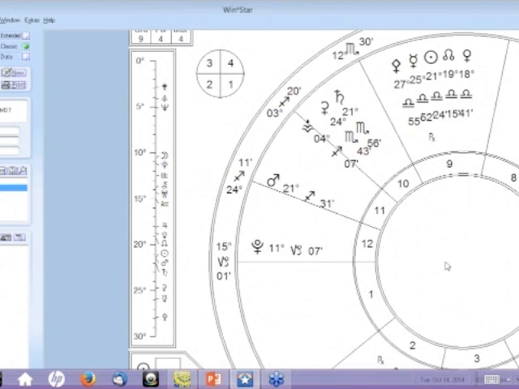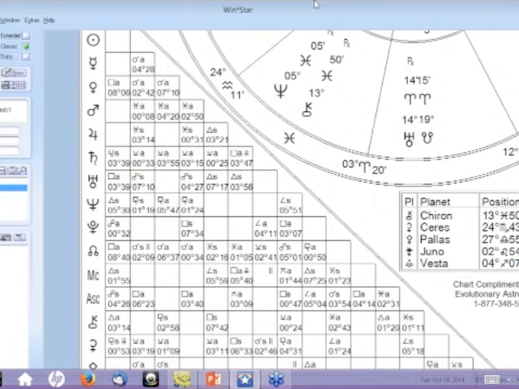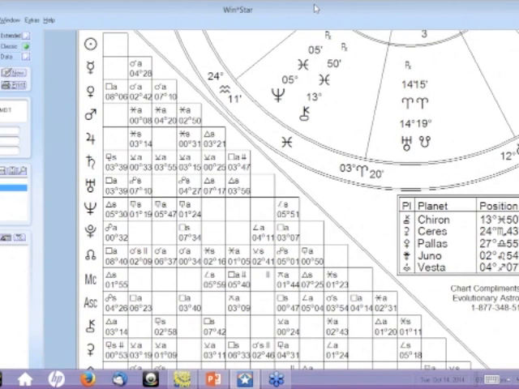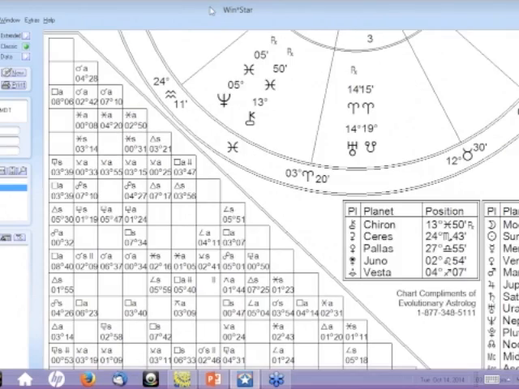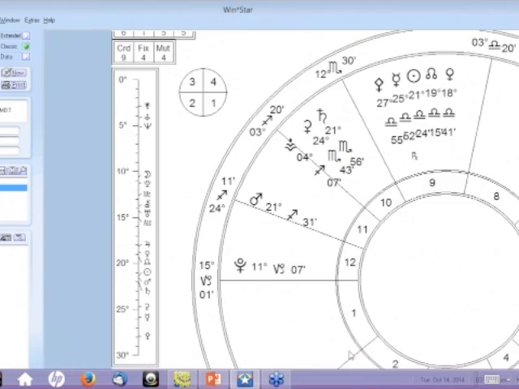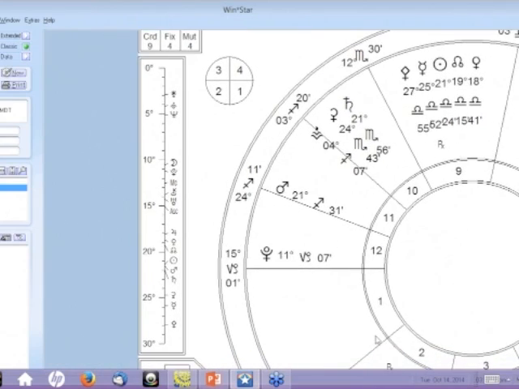I still use WinStar when I draw up charts for clients because when I'm working with this chart, I have an easy grid of the aspects. And even though I list the minor aspects, when you're in a reading, you don't get to cover everything in an hour or even 2 hours with a client. So this 30-degree dial is very